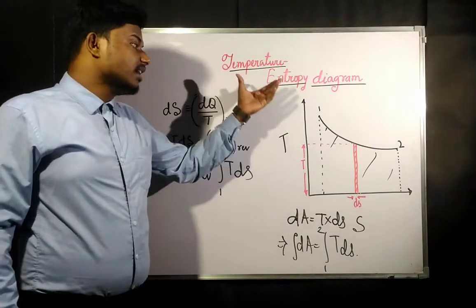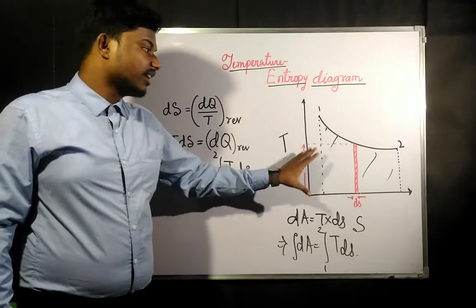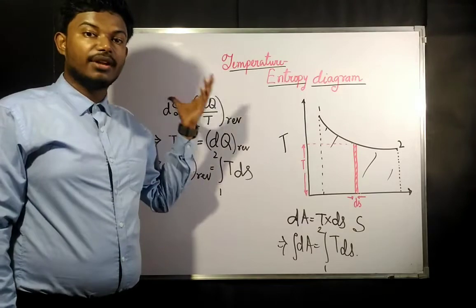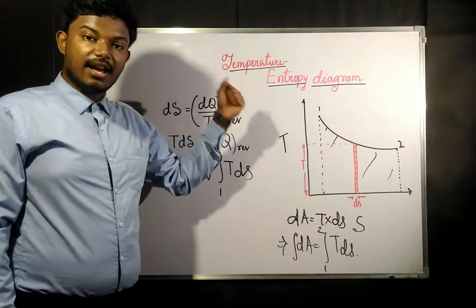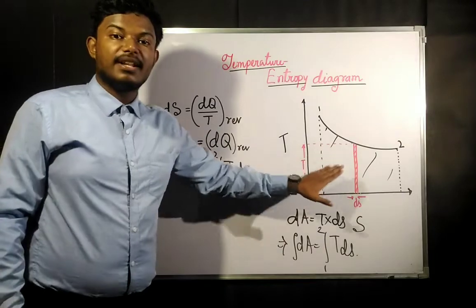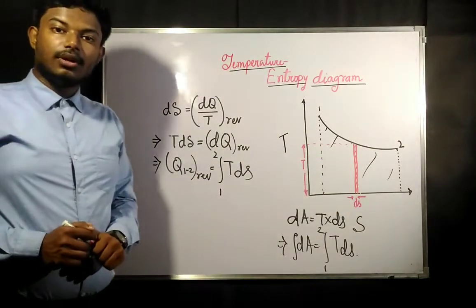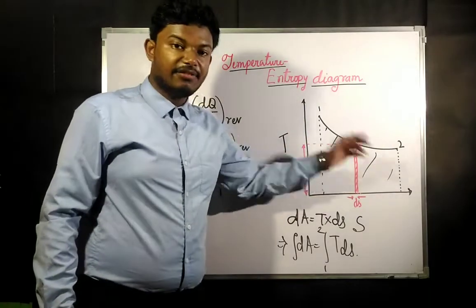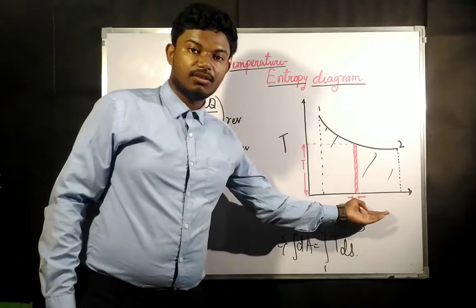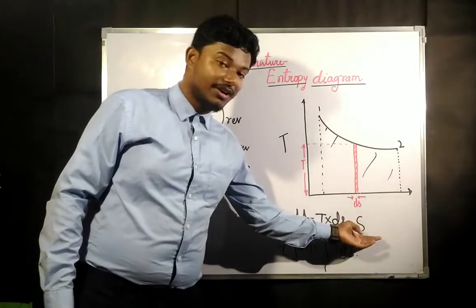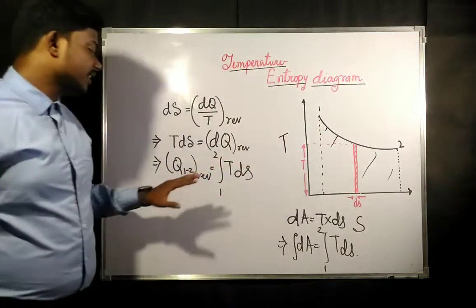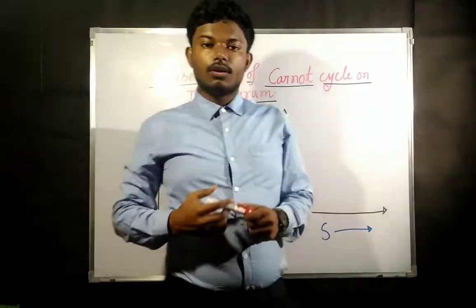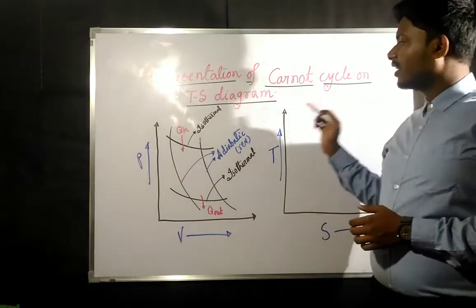Now we are going to define various cycles like Carnot cycle and all in entropy diagram, which we have learned for PV diagram. Now we are going to see how these cycles are going to be in a temperature entropy diagram. Okay, but one thing we need to remember is that the area under the curve in a TS diagram, when you project it on entropy axis, is going to give us the reversible heat transfer. Okay. So now we are going to represent the Carnot cycle on TS diagram.